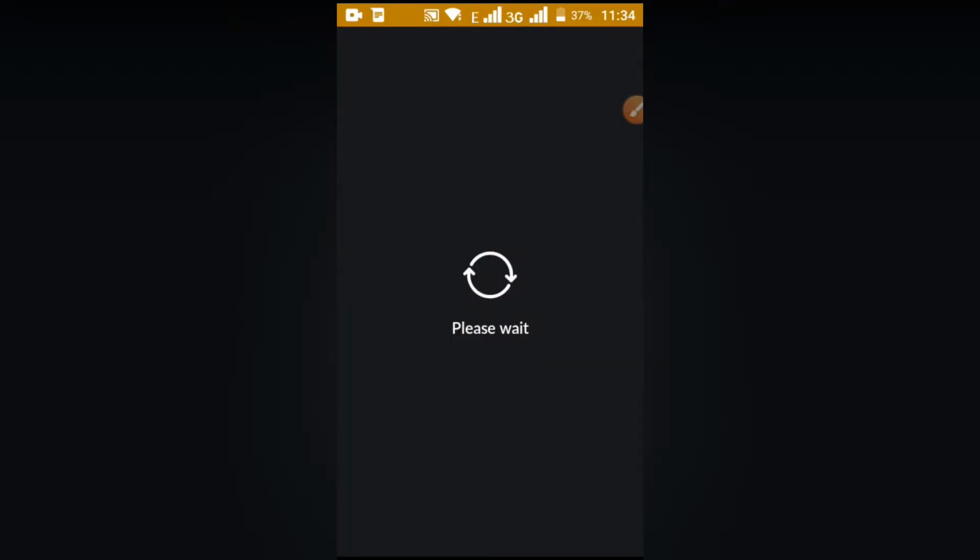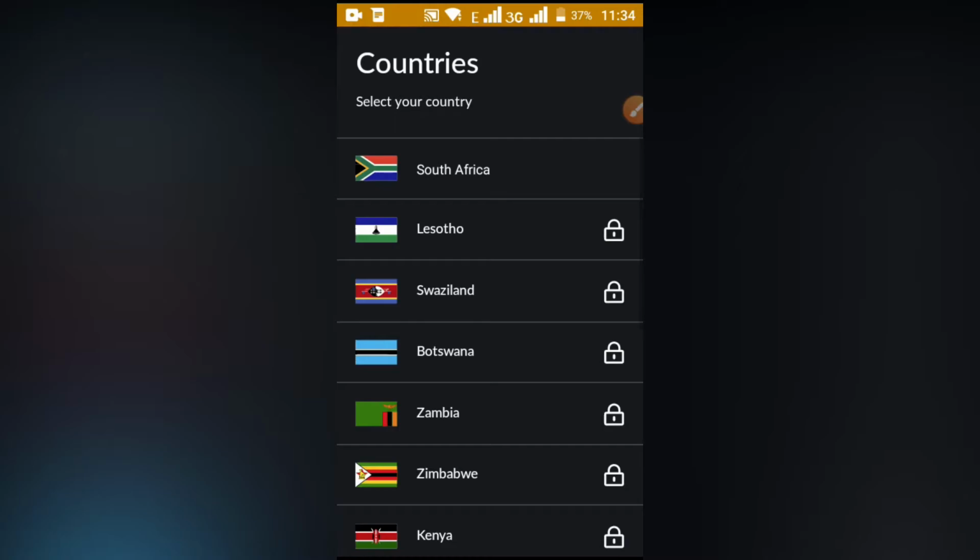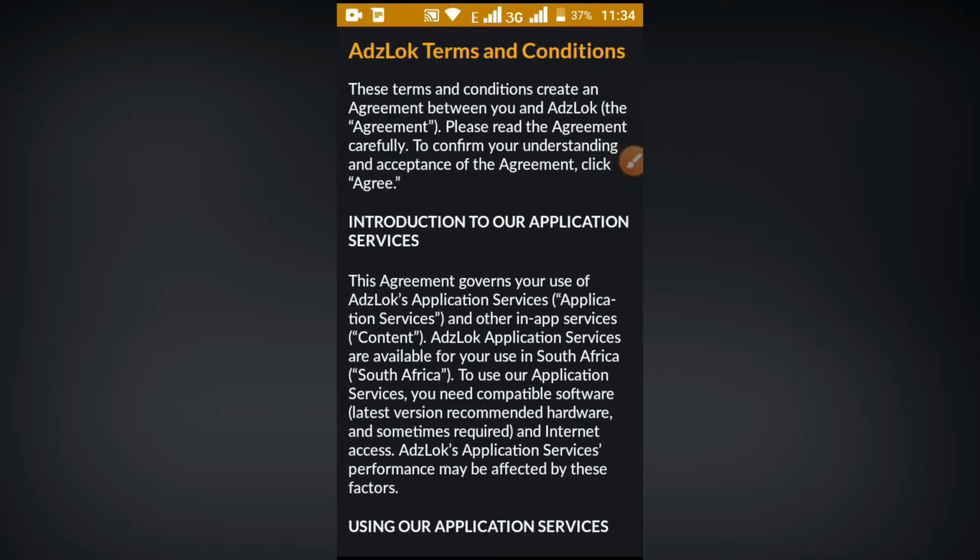Okay, so AdsLock, actually you don't do much. You just swipe ads. The AdsLock app will present you with ads, and you will just swipe left or right. As you can see, it's only available for South Africans, so you basically have to be in South Africa. Select South Africa over there. I'm just gonna scroll down,